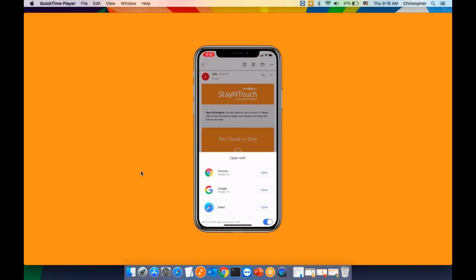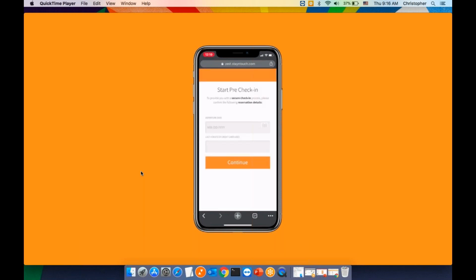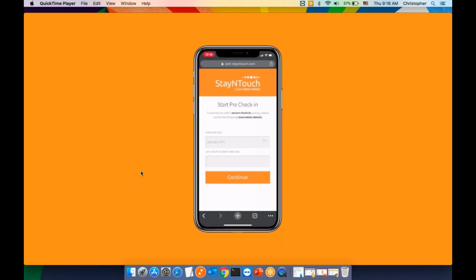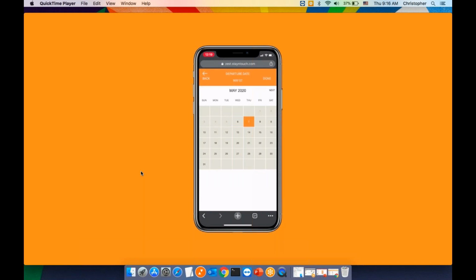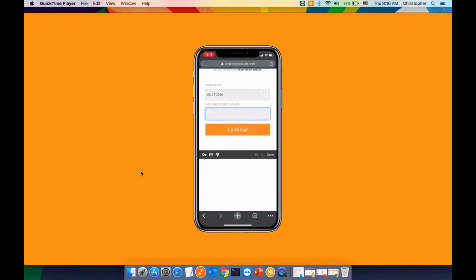And it's going to open it up in Chrome in this case, bringing me to zest.StayNTouch.com. I'm going to confirm my departure date, and I'm going to enter the last 4 digits of the credit card that I have on file for the reservation. Now, in the link is actually an embedded token, so it does know that we have the right reservation, but